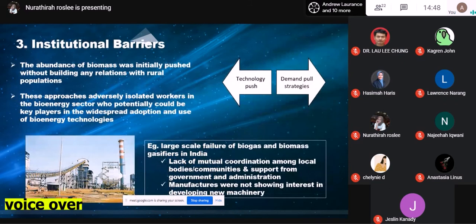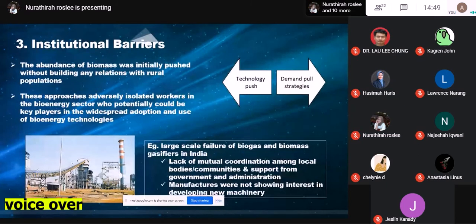Let's move to the last challenge, which is institutional barriers. This barrier exists because the abundance of biomass was initially pushed without building any relation with the rural population. This approach adversely isolated workers in the bioenergy sector who potentially could be key players in the widespread adoption and use of bioenergy technology. As you can see from the arrows, the gap between the technology push and